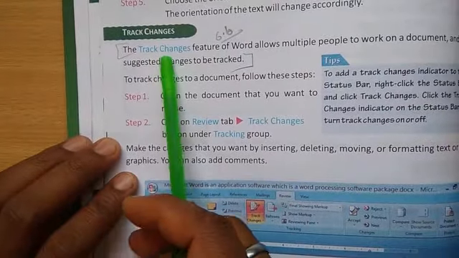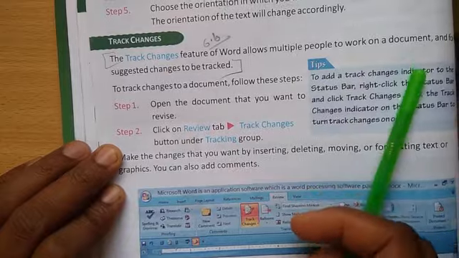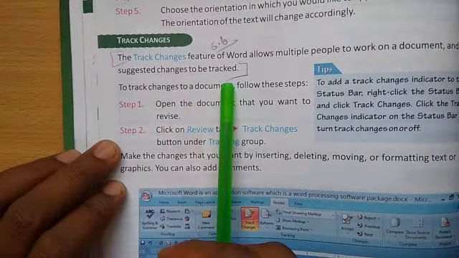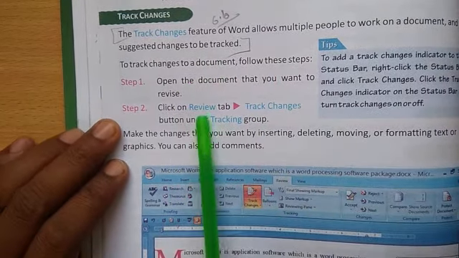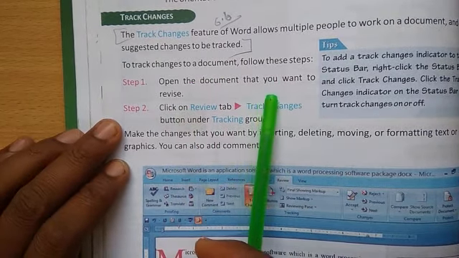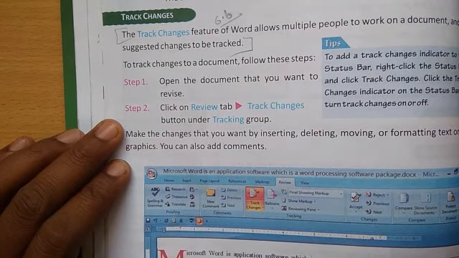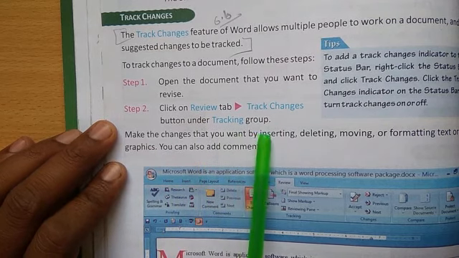Now given here, track changes. The Track Changes feature of Word allows multiple people to work on a document and for suggested changes to be tracked. To track changes in a document, follow these steps. Step number 1, open the document that you want to revise. Step number 2, click on Review tab, Track Changes button under Tracking group.